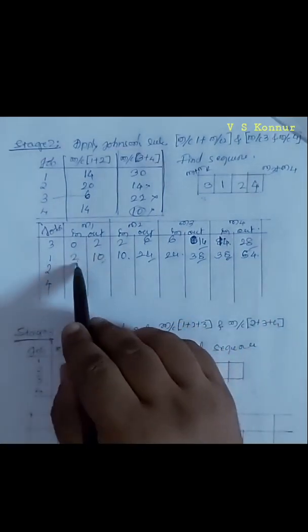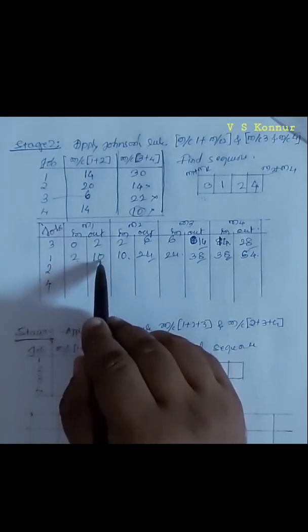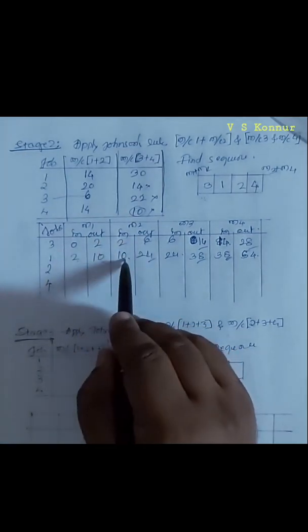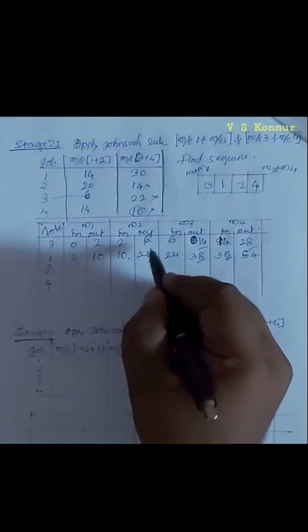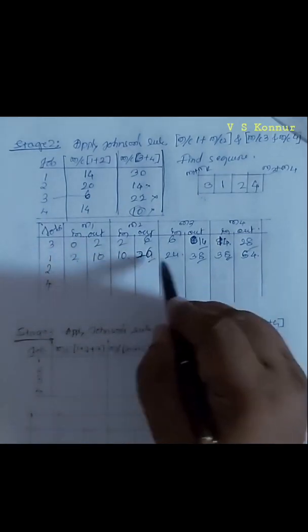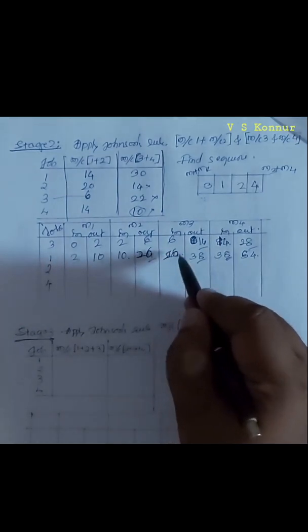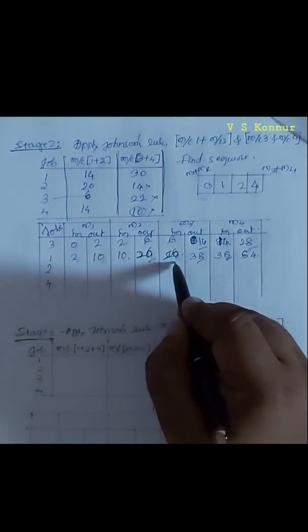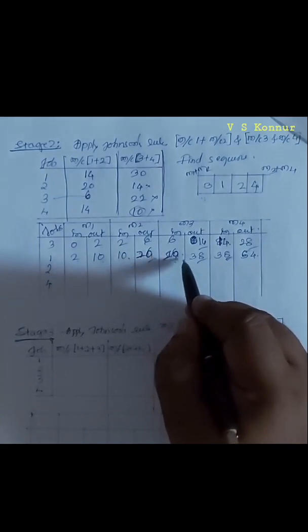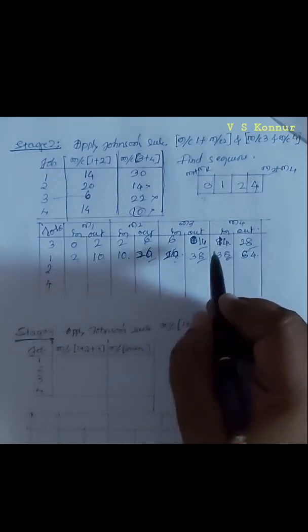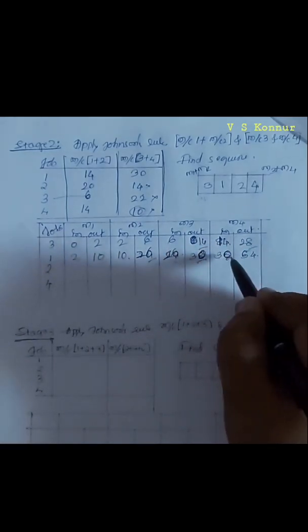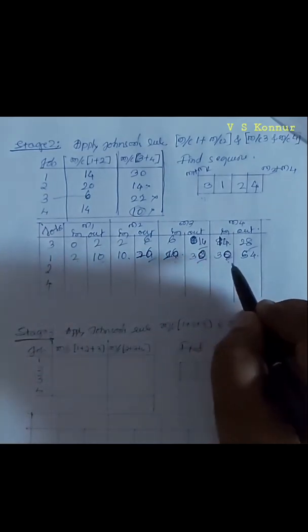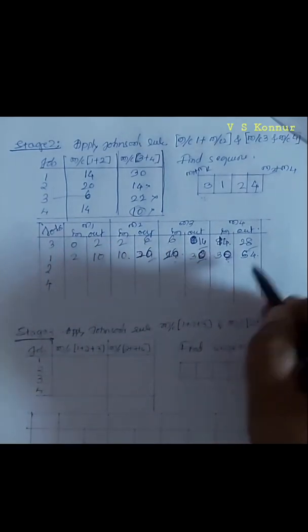Sorry, the first job requires 8 hours to complete, 10, and compare 10. So the first job at the second machine requires 6 hours to complete, so it is 10 plus 6, 16, and 16 and 14, 16 is maximum. So 16 plus 14 hours to complete, 30. So 30 and 28 compared, 30 is maximum. For 30 it requires 16 hours to complete, so this is 46.